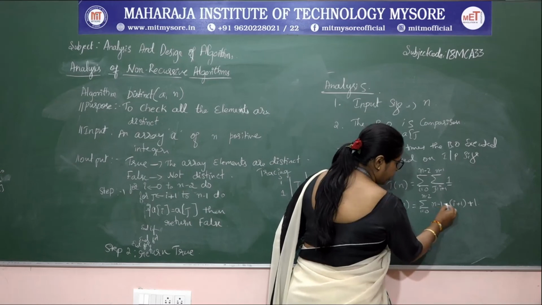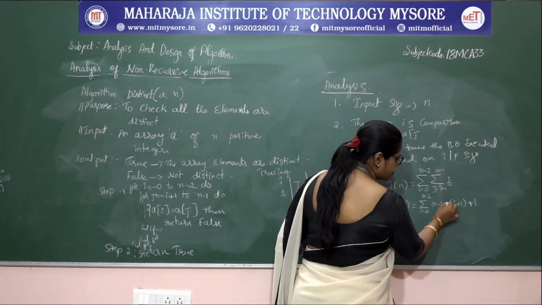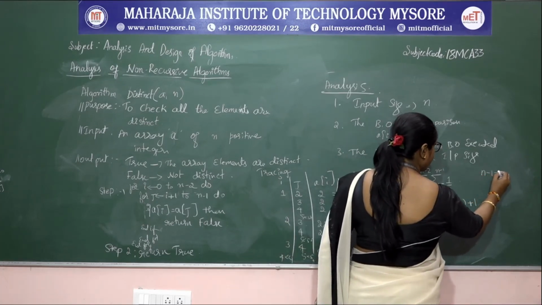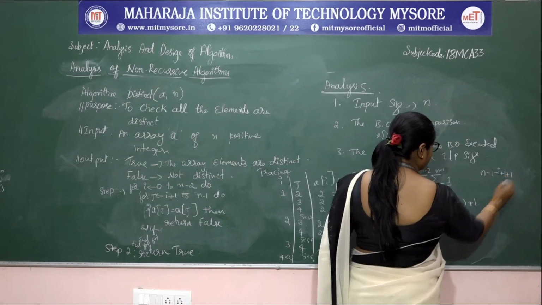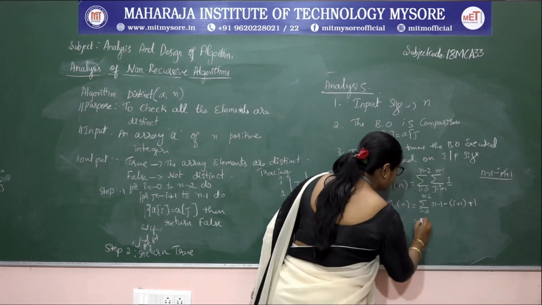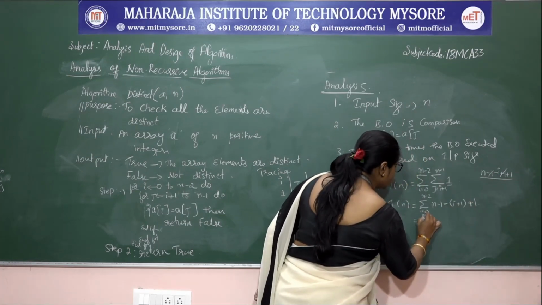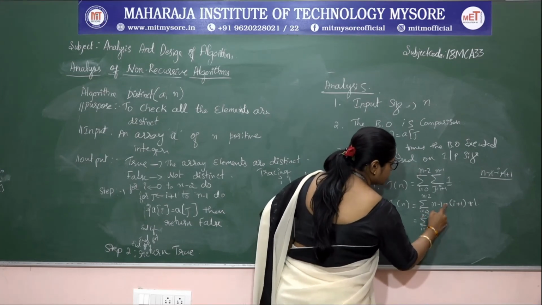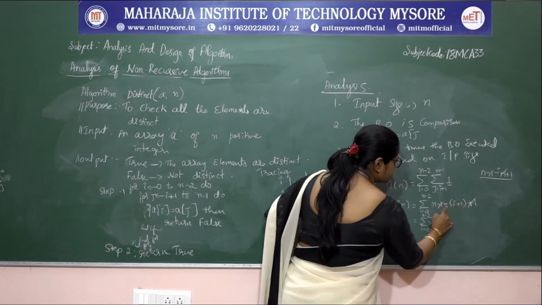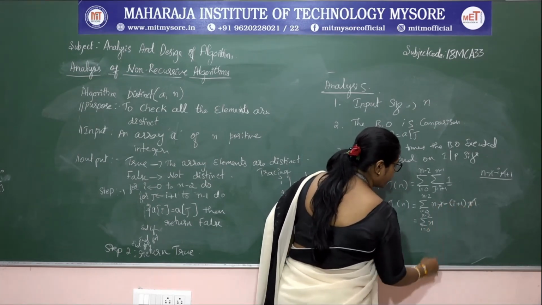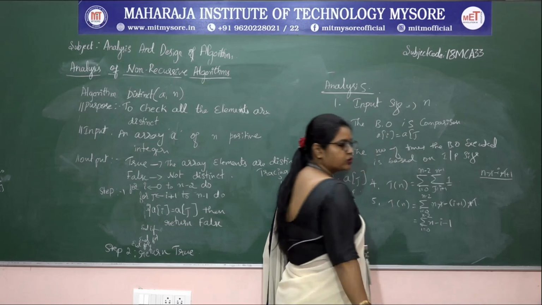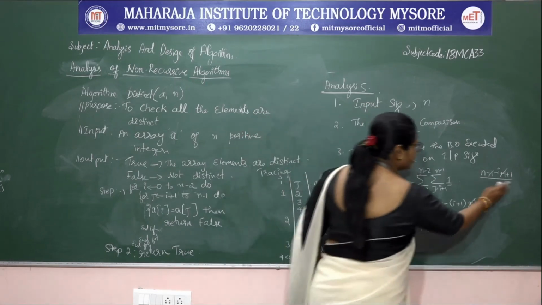So minus into minus, plus minus into plus minus. So, minus n minus 1 minus i plus 1 plus 1, plus 1 minus 1 get cancelled, you are remaining with summation i is equal to 0 to n minus 2. So, minus 1 plus 1 get cancelled. So, you have remained with minus 1. So, that is n minus i minus 1. So, this is the remaining statement.